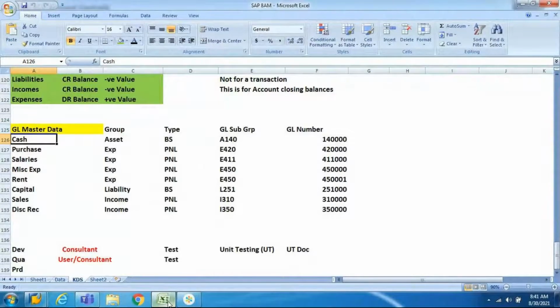And currently, remember whatever GL accounts we are creating, we will create with the standard functionality, wherein you are not going to use different soft keys or different field status groups. We will be going with the same soft key and same field status group for all the GL accounts for the time being to avoid any confusion.